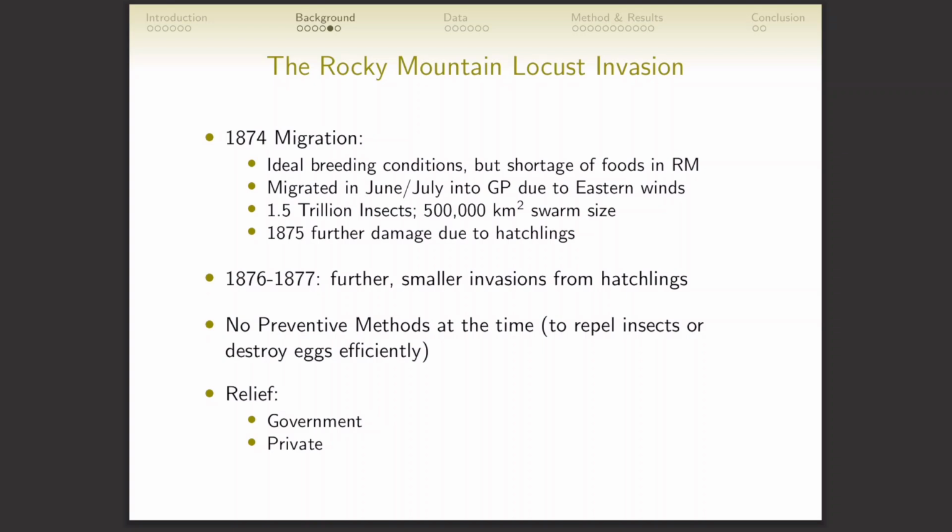Now, importantly, there was no relief at the time. In terms of government at the county level, they didn't really see that as a job. Most of them were strapped in terms of their budget, right? At the state level, it wasn't clear what kind of responsibilities the state had. And at the federal level, even though Congress, according to legislation, had to enact legislation to ensure the social welfare of the United States, it wasn't clear whether